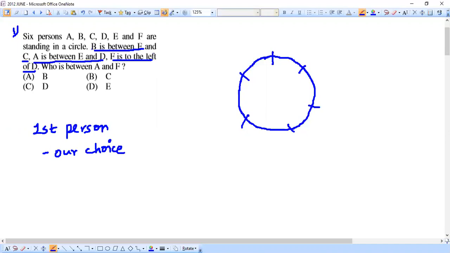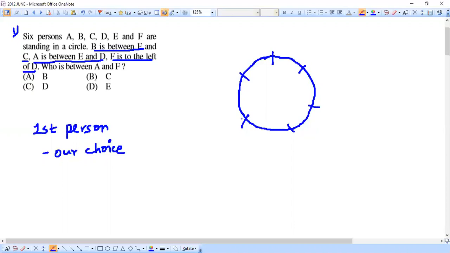So here also, let's try to start with the very valid or very useful condition. See here, the first condition says B is between F and C, and A is between E and D. So that means we'll have to know where E and C are sitting. Between them is what we have to position this B. Similarly, between the positions of E and D is what I have to position this A. And the third one says F is to the left of D. So that means this last condition involves only 2 people. See, the first 2 conditions, we have 3 people there, but the last one is involving only 2 people. So that means we are free to use this third condition. So let's start from the third condition that says F is to the left of D.